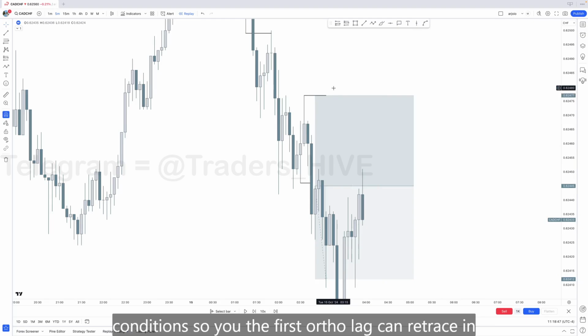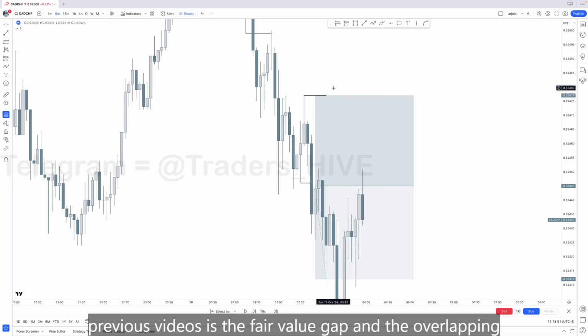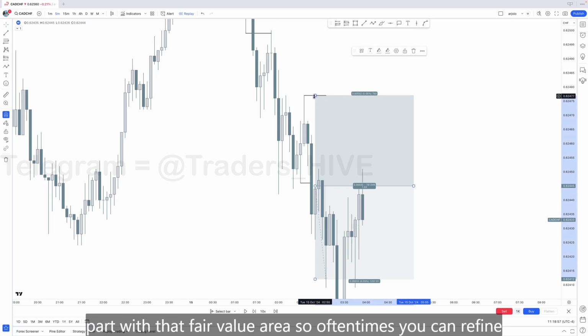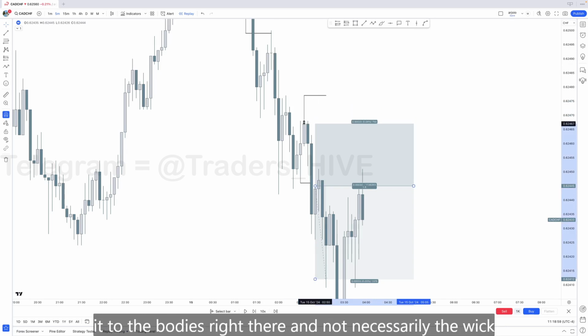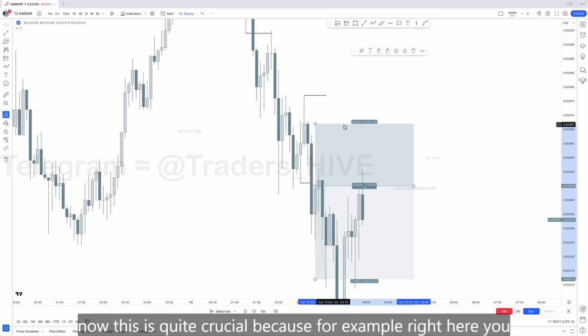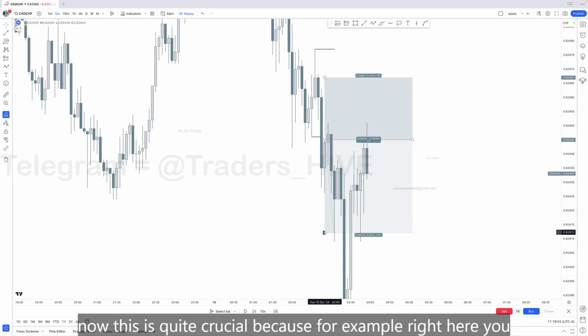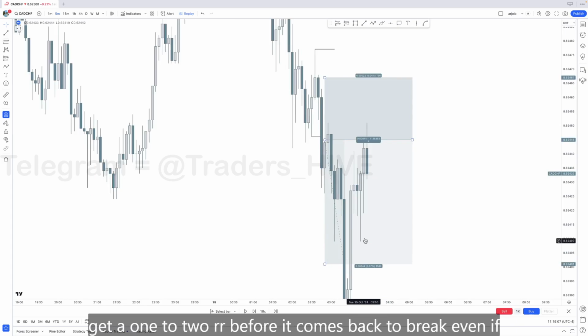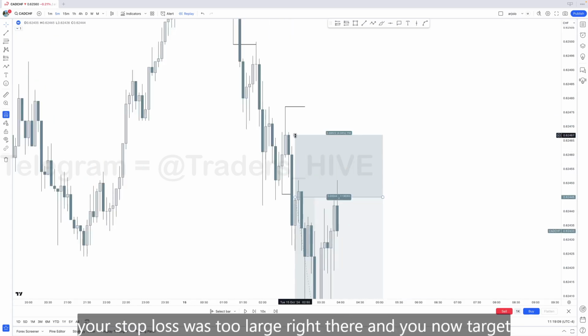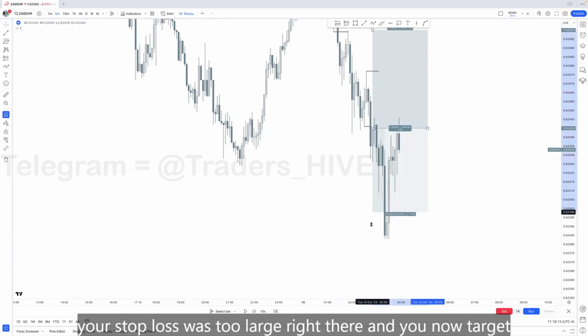So what we mentioned as well, the furthest the order flow leg can retrace in previous videos is the fair value gap and the overlapping part with that fair value area. So oftentimes you can refine it to the bodies right there and not necessarily the wick. Now this is quite crucial because, for example, right here, you get a 1 to 2 RR before it comes back to break even. If your stop loss was too large right there and you now target a 1 to